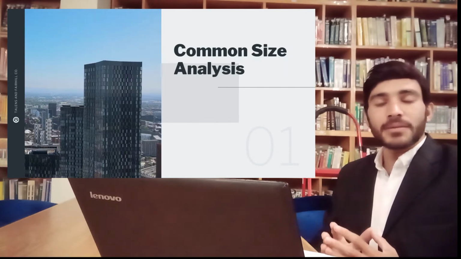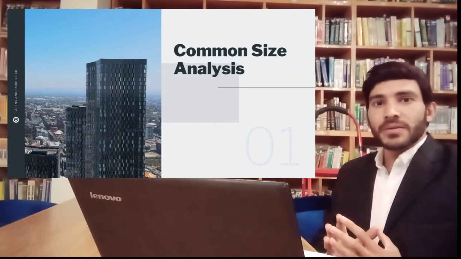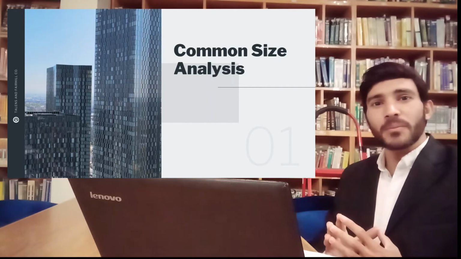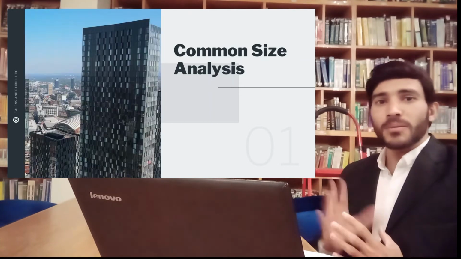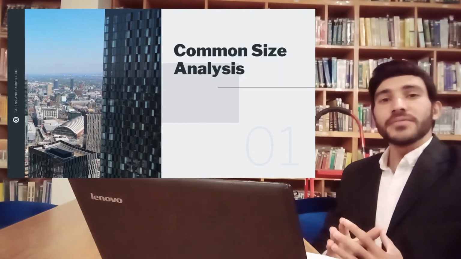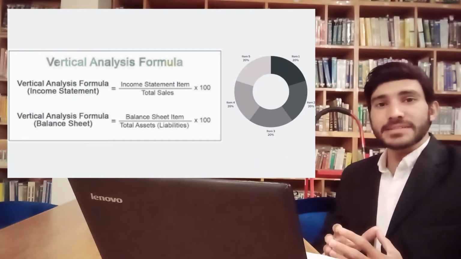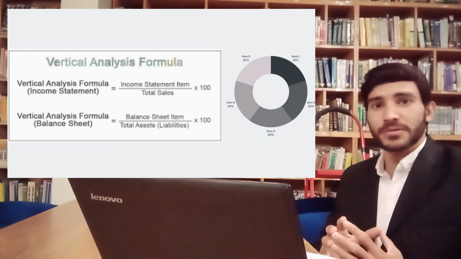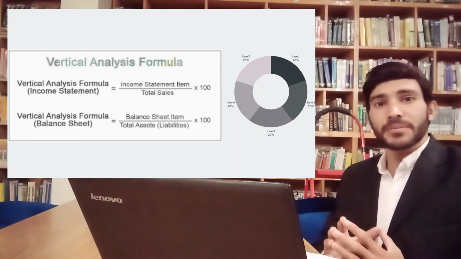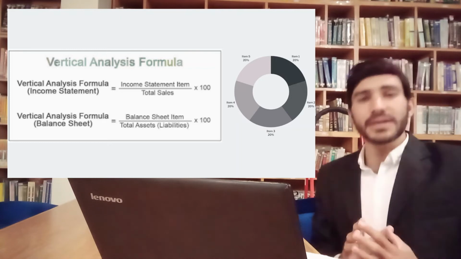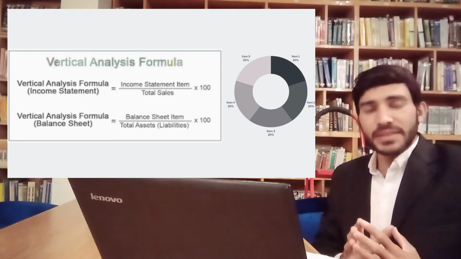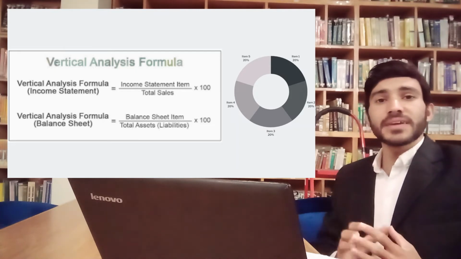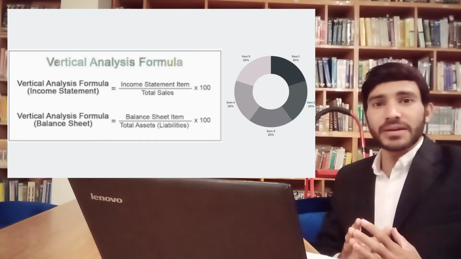Guys, today we will discuss common size analysis. When it comes to financial statement analysis, there are different analyses. One of the most related to that is called common size financial statement analysis. We prepare common size financial statements by dividing every number of the financial statement either by total sales or total asset. Like if we are preparing common size of income statement, we will divide all income numbers with its representative value, which is sales. Okay, if we are preparing common size of balance sheet, then we will divide every number